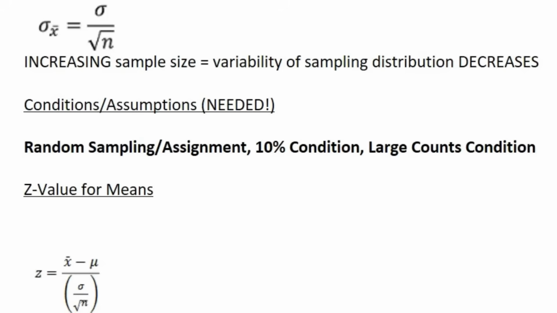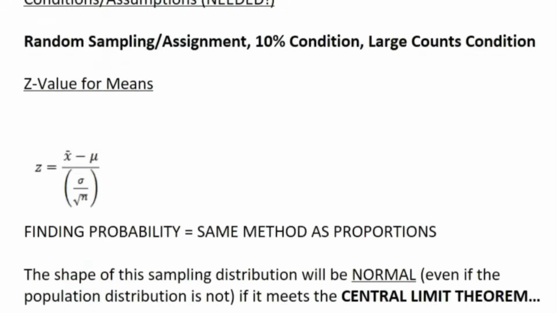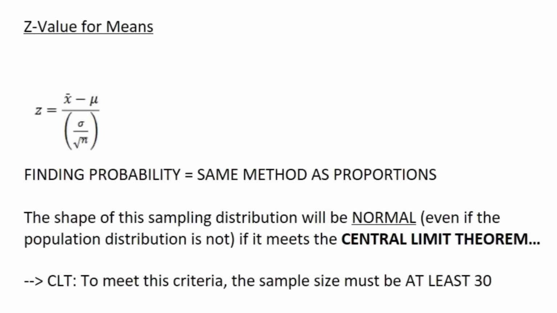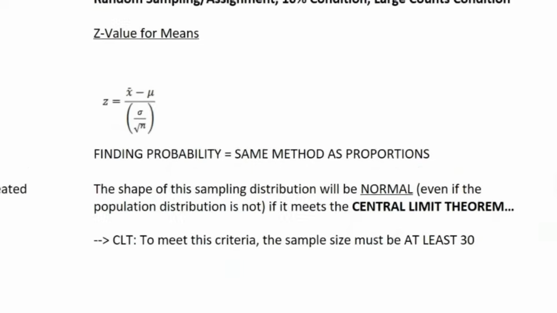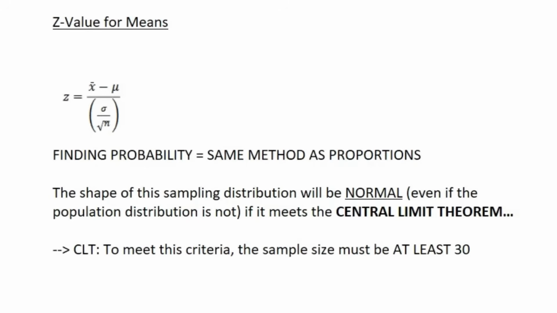Now, I do want to note that you would do random assignment. That is usually only for experiments, but if you're doing samples, usually it's just random sampling. And then there's the formula for the z-value. Again, you can just use your calculator. Honestly, the most important thing in AP Stat is knowing how to use your calculator, because that will carry you a lot. Finding the probability is the same thing as finding the probability for